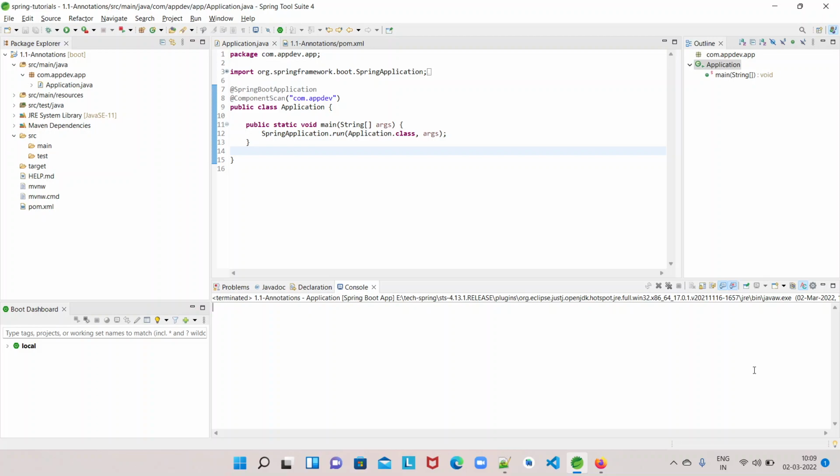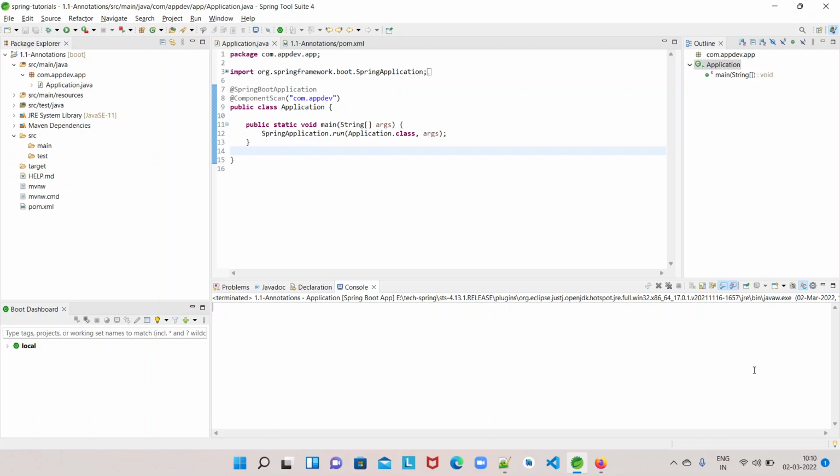The reason why I chose these two annotations is that they are helpful to automatically inject the dependencies into a bean. Dependency injection is one of the main features of Spring Framework. That's why I've chosen these two annotations as the starting point of this video series.